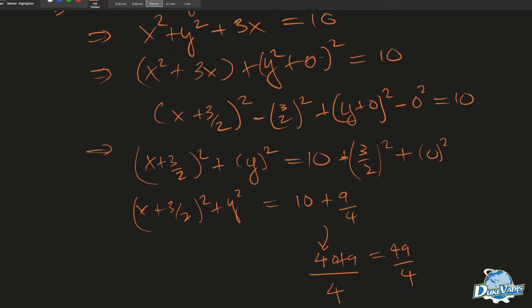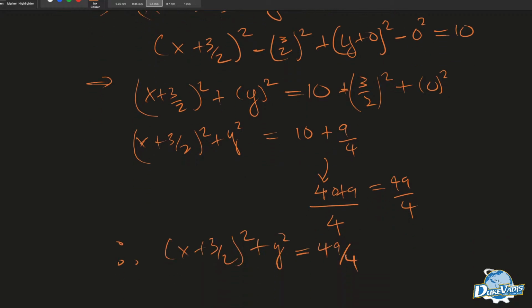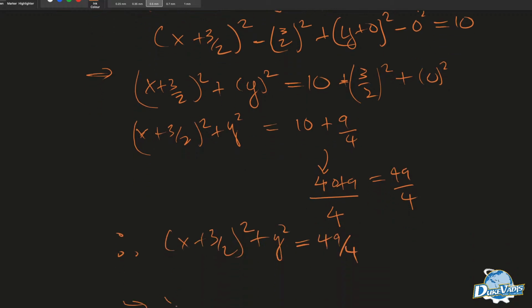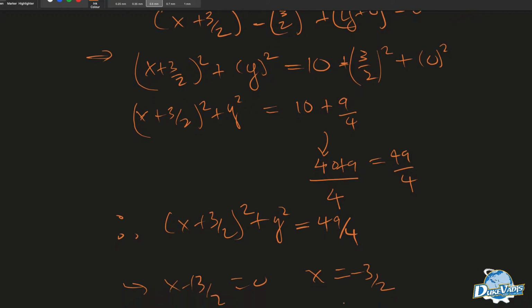So therefore, our equation, expansion, will give us x plus 3 over 2 squared plus y squared equals to 49 over 4. So, meaning this x plus 3 over 2 equals 0, x equals negative 3 over 2, okay,